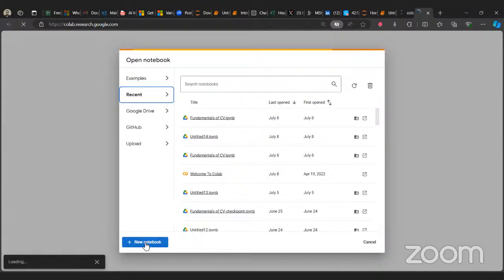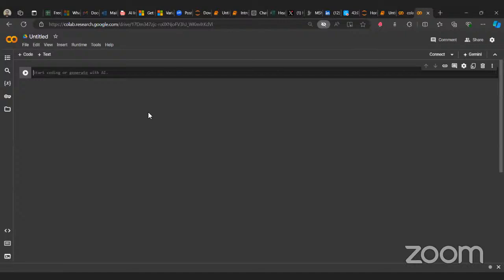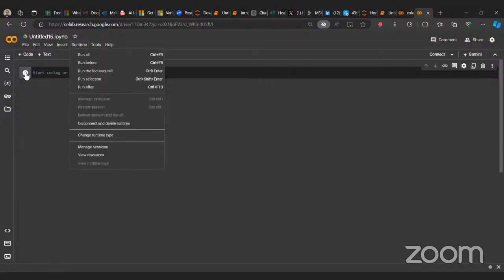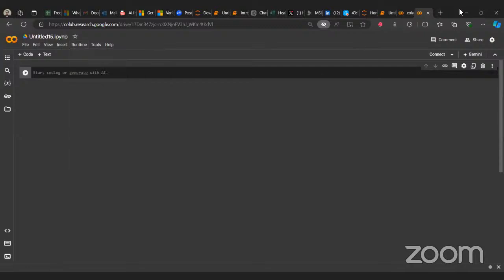You can start to create a new notebook. So this is what Google Colab looks like. This is where you type in your code to run. You can click here to run a cell, or you can click on runtime and then pick if you want to run all. Google Colab works fine as well, as I've said a couple of times.